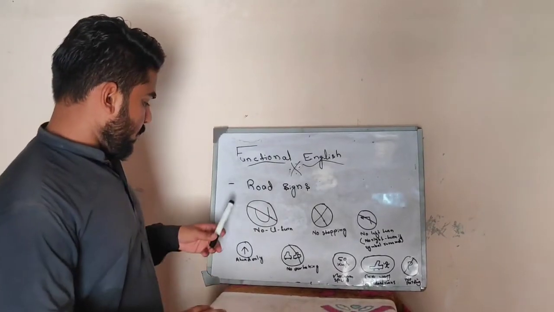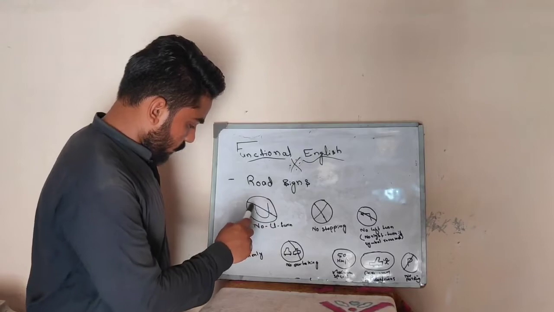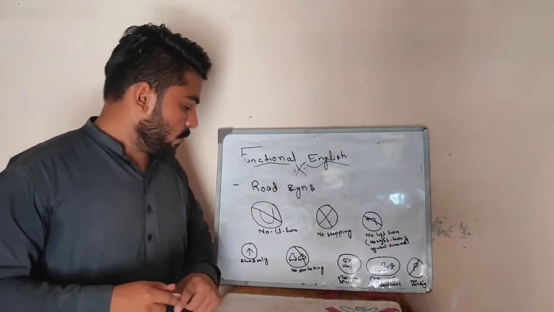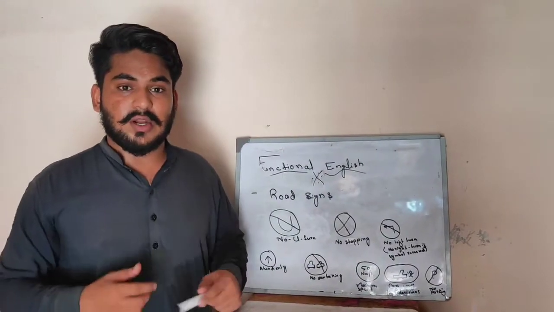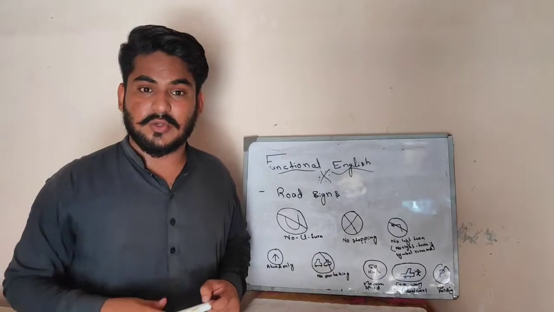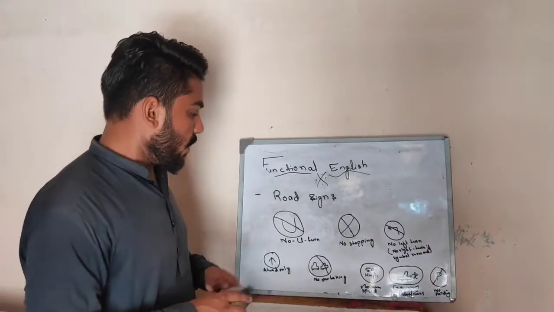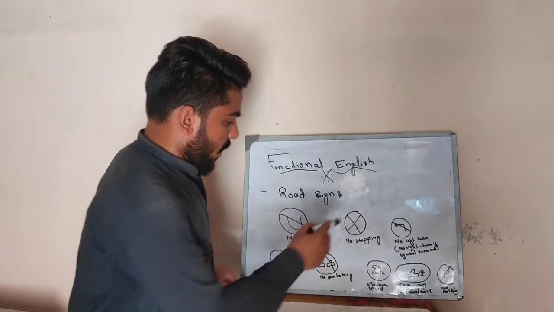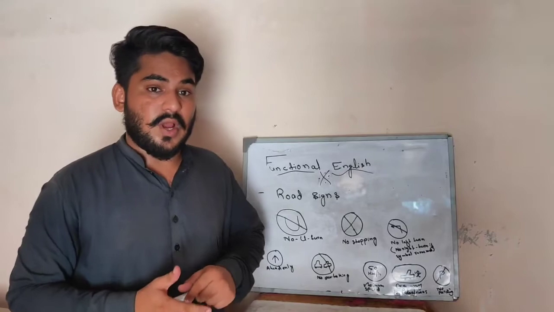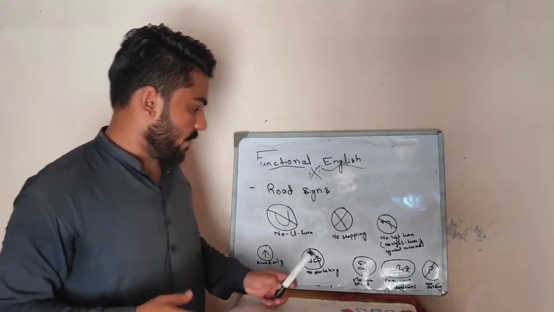First of all, the sign on the road like this, a U with a cross on the U, means you are not supposed to make a U-turn from that side, to change your direction from that side, means you have to move straight forward. Another is the X type board, which means no stopping, means you have to move ahead and not stop over there.